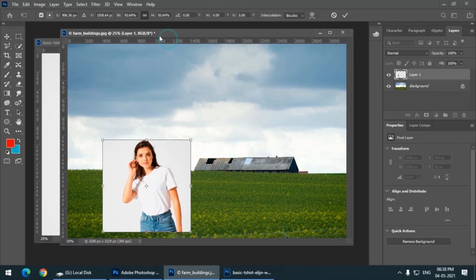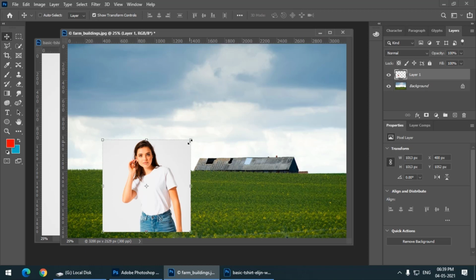But again, if you want to apply that particular task that you just did, you have to either click on this particular button which is present on the control panel, or you can simply press the Enter or Return key if you are using Mac. So now your task is completed. Unless you press the Enter key, your task will not be completed. So remember to press the Enter key or Return key.